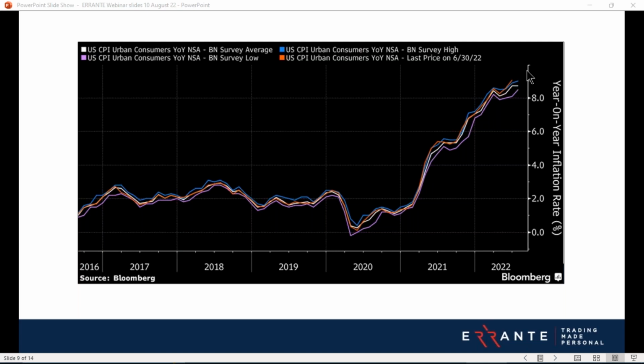In short then, a big downside miss keeps just the 50 basis point option open, and then the dollar will get hit, will get sold. A consensus, or a bigger number than consensus, will likely lock in that 75 basis point move in September and see the dollar go higher, we think. But as we say, there is this argument around the headline moving slightly lower against the sticky core. The other US release we think worth paying attention to is the consumer confidence data that's released on Friday